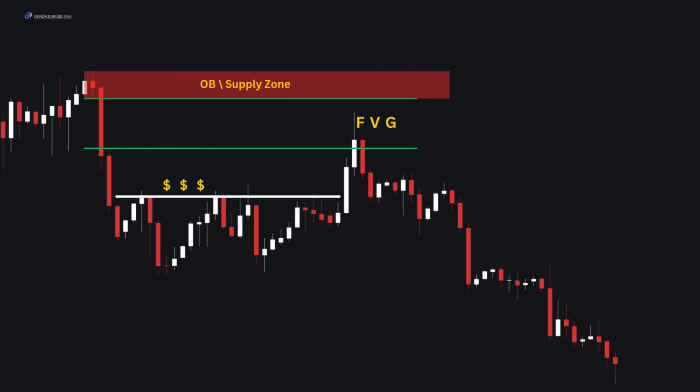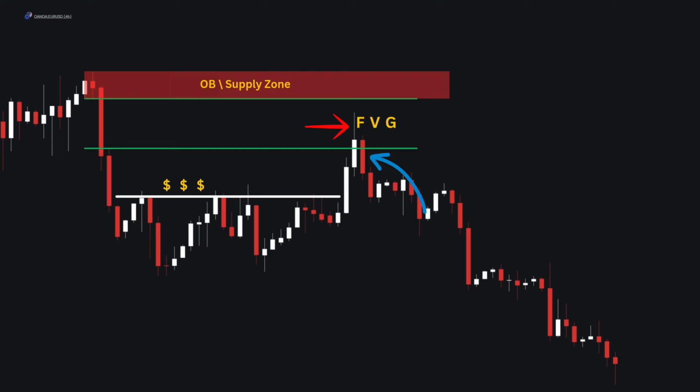But sometimes price only taps into the fair value gap and ignores the order block. So when price taps into the fair value gap, we will look at the candles' behavior, or we will look for any candlestick pattern. After that we will open our short position. Here, when price taps into the fair value gap, we can see this rejection from the top. And after that we have this strong bearish candle, giving us a signal that price will move downward and continue